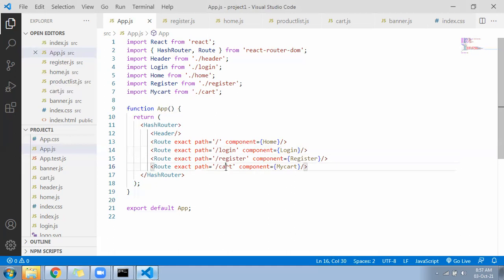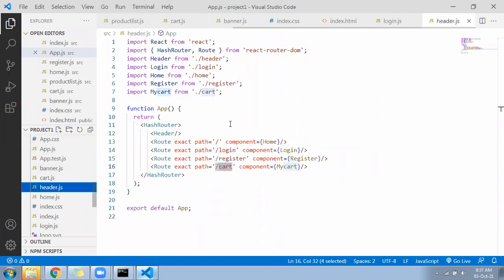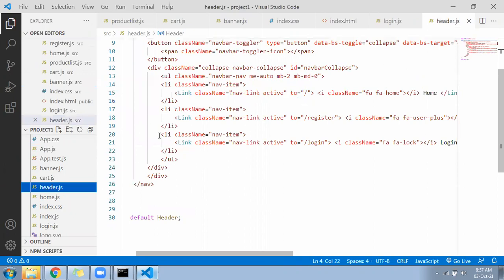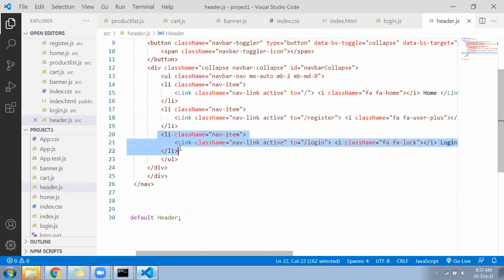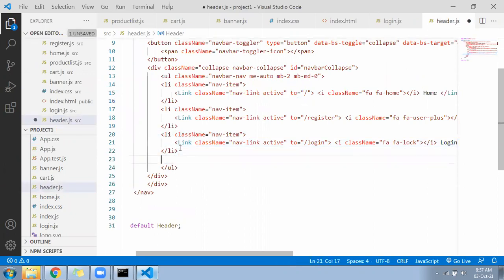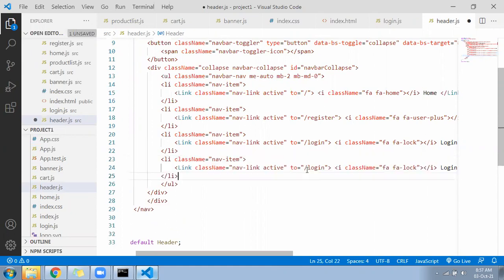Okay, so the path is called cart. Go to the header file. In the header file, add a link. This will be called cart, and the icon will be FaShoppingCart.